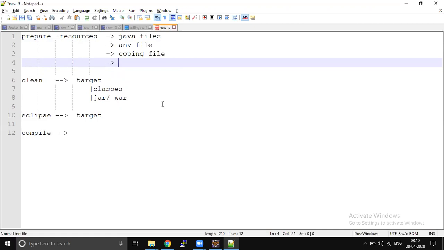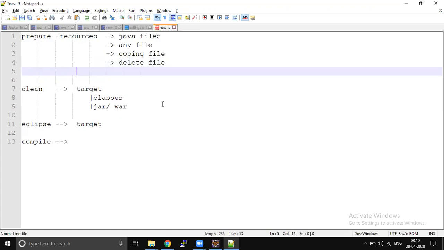You can copy not just Java files, any file. You can create any file, copy a few files from one folder to another folder, and you can delete a few files before beginning the process, or you want to ignore a few files as part of your Maven life cycle, right? All these things can be done.